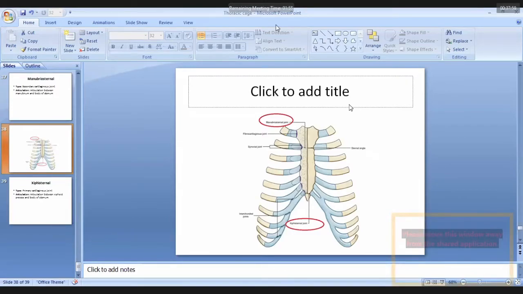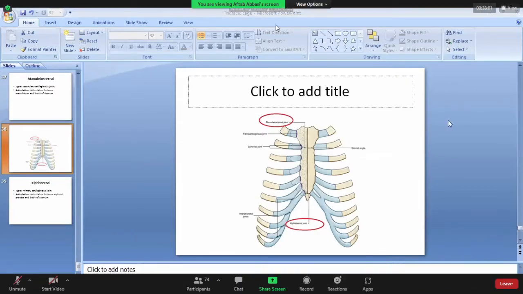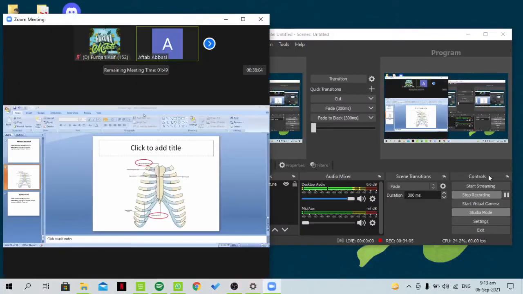Now, any questions related to the thoracic cage, the bones of the thoracic cage, apertures of the thoracic